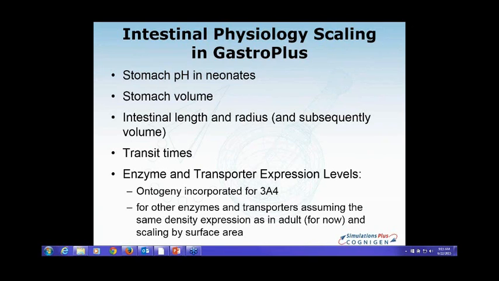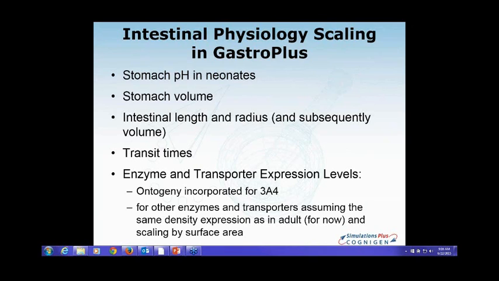All right, thank you. The next question is from Krishna. Has the influence of any major pathological conditions been characterized? So we were looking at the typical liver cirrhosis and the renal impairment, but the simulations that we've done so far were all in adults. So we were able to scale the processes that would be affected in the renal and the hepatic impairment, but it was done mainly in adults, not so much in pediatrics.